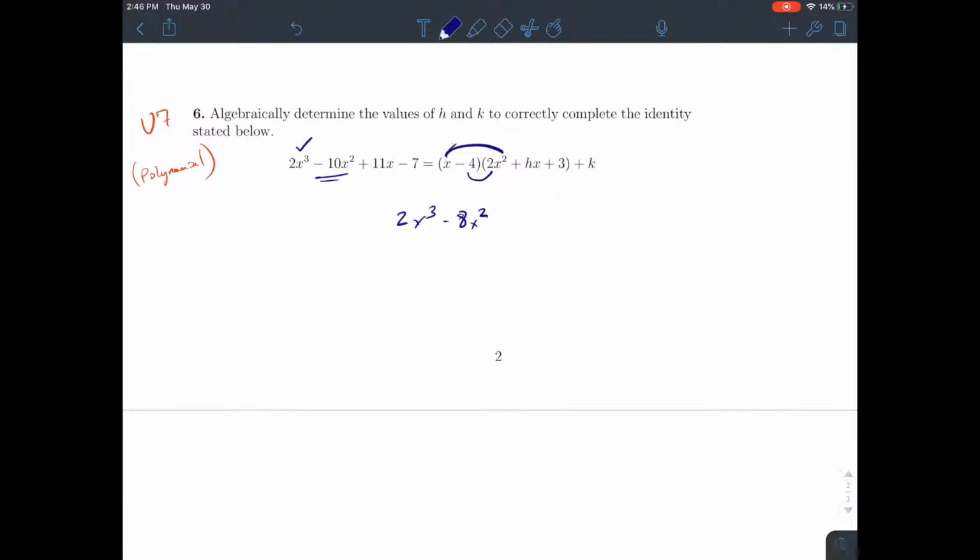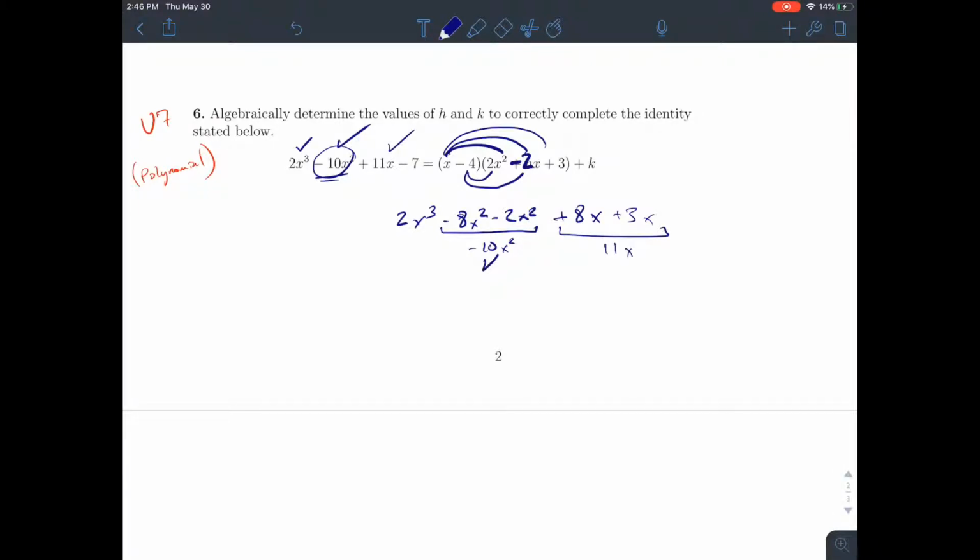squared. So it must be that the next thing we distribute is compensating or filling in the part of the negative 10x squared that we don't have yet. So x times what would combine to give us negative 10x squared? Well, it looks like h has to be negative 2. So when we do x times negative 2x, it gives us negative 2x squared, which does combine to give us negative 10x squared. But when we place this negative 2x there, we also have to do negative 4 times negative 2x, which is positive 8x. Now we do x times 3, which is positive 3x, and that's good news because together